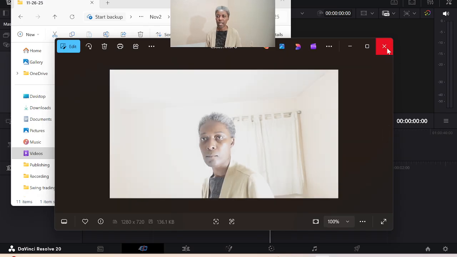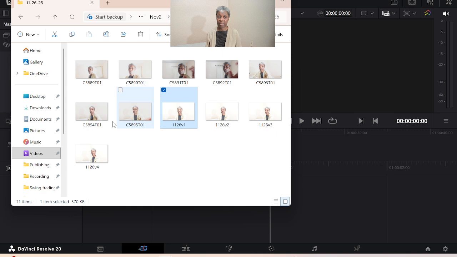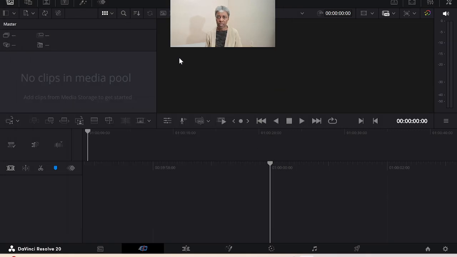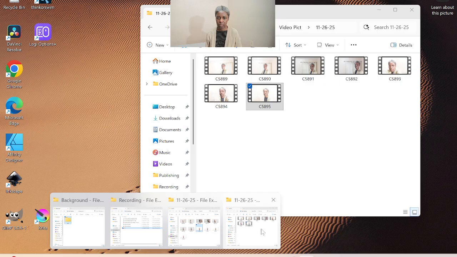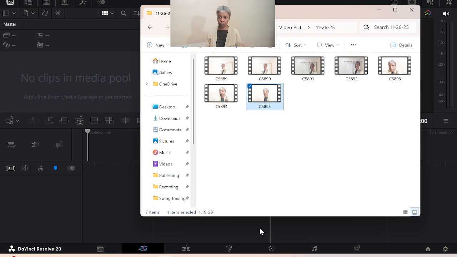So the camera that I'm using automatically makes some pictures as well. So that's why I kept the one from the camera, but usually, I don't know, I just feel like as soon as I turn the camera on, it'll take a picture of me. So they may not be the right poses necessarily, but I will keep it there. So now that we are on DaVinci Resolve, we have two folders, one for the pictures, one for the video. Open allows you to move between the two without clicking too much. So for this one, let's try a different